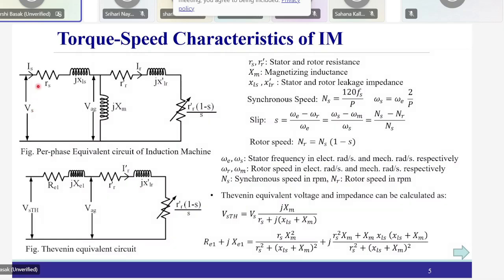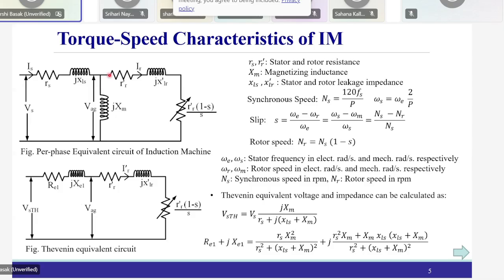And we will talk about the squirrel cage induction machines as of now. So you have the stator resistance, right? You have the inductance. Then here there is a resistance. This is a rotor resistance. This is the leakage reactance of the rotor, and this is the magnetizing inductance. Vs refers to the stator voltage, which is applied on your induction machine, and then corresponding